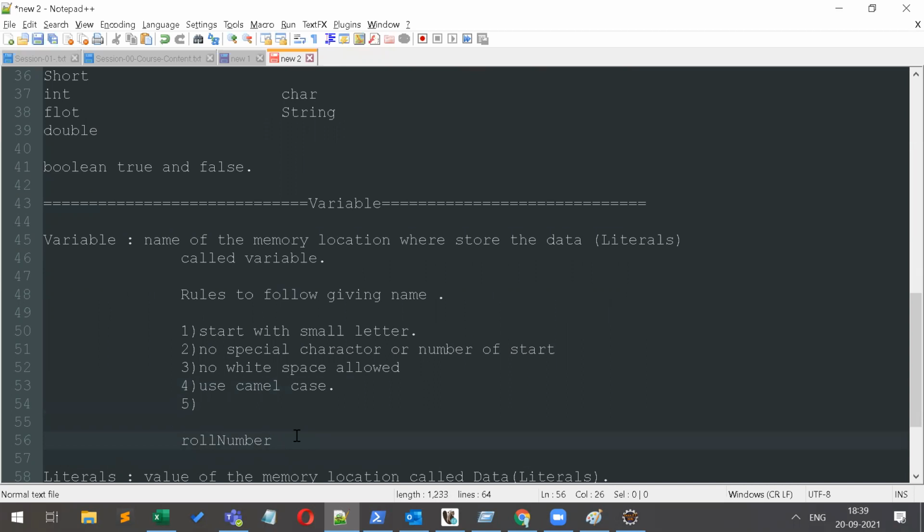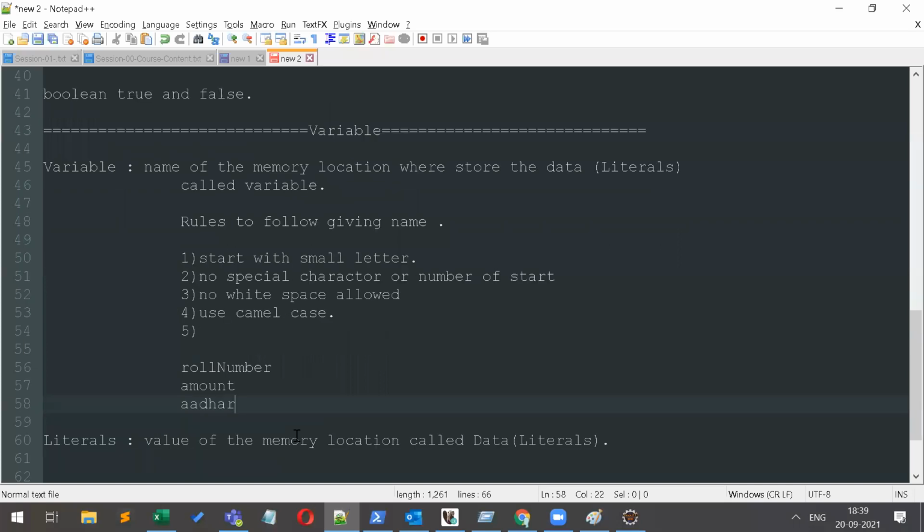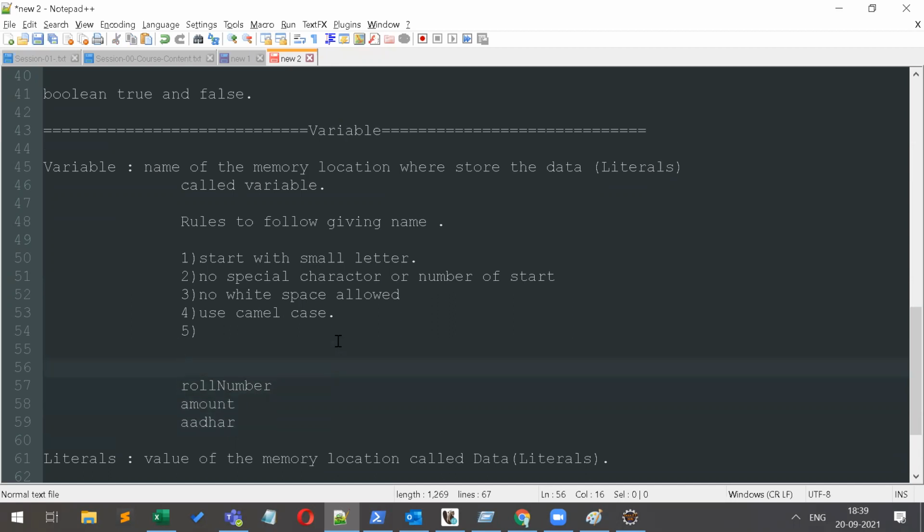Suppose you are using the roll number, so write the roll number. If you are using the amount, write the amount. If you want to store the Aadhaar number, write the Aadhaar number. The variable name must be readable. If you put the roll number into X, another developer can't understand whether this is your roll number or what. That's why you have to write your variable name to describe whatever you are storing.